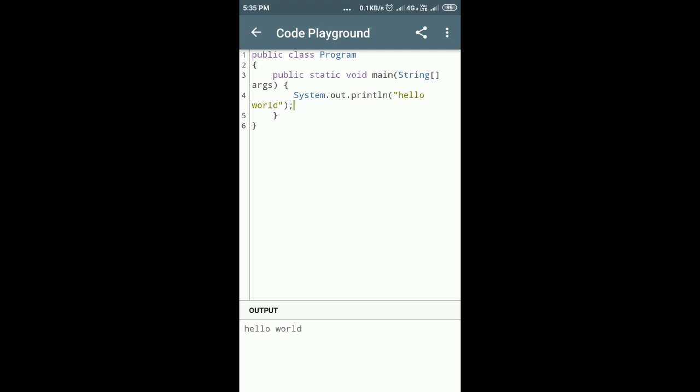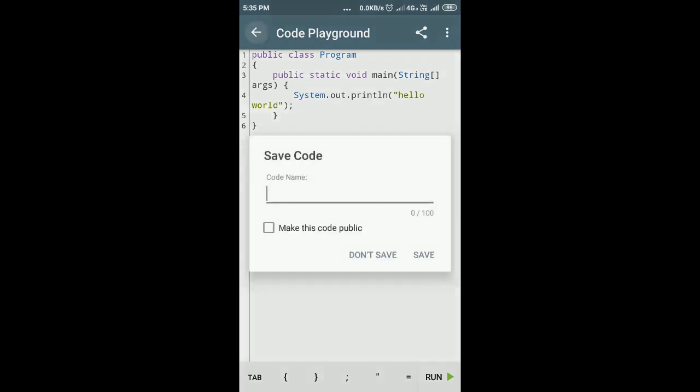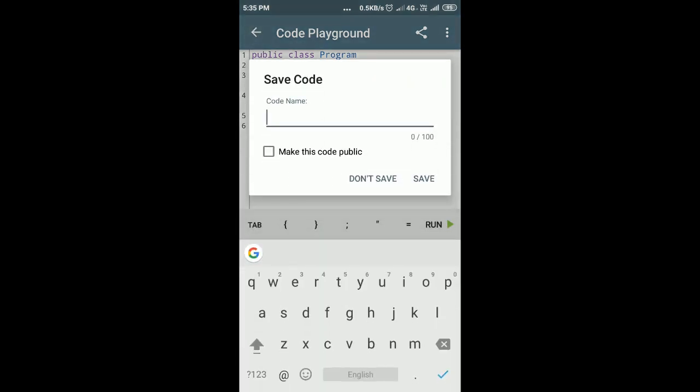Okay, so like that you can do C++ programming, Java programming, HTML related code. So I will first save the Java code, that is just first.java. So I have given the name first.java for the file. Save.